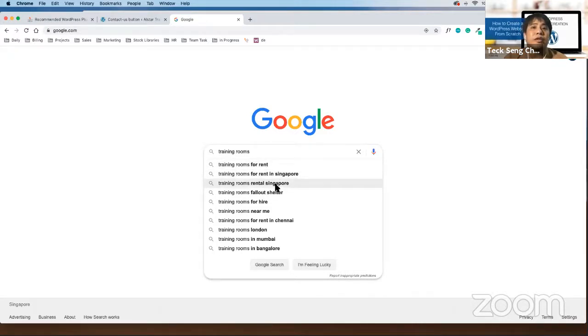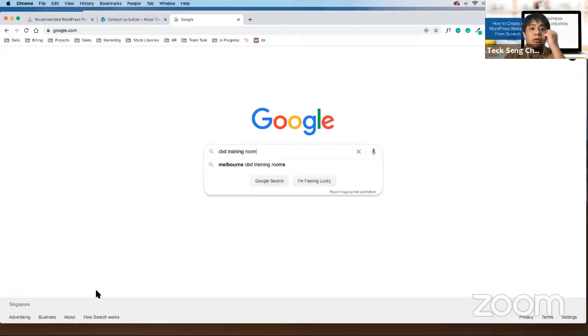So these are some of the keywords you can find. Of course, you can still go in. For example, if your training room is in the CBD, you can put CBD training room. You realize that most of them are only for Melbourne training rooms, so maybe you shouldn't use this kind of keyword.